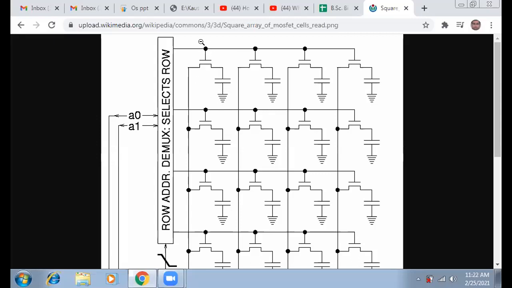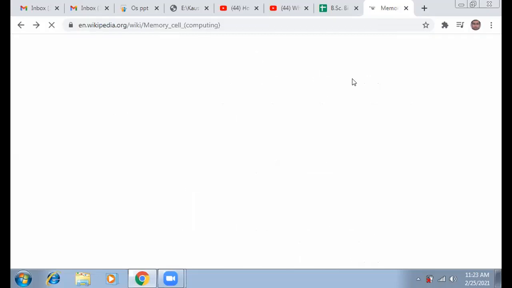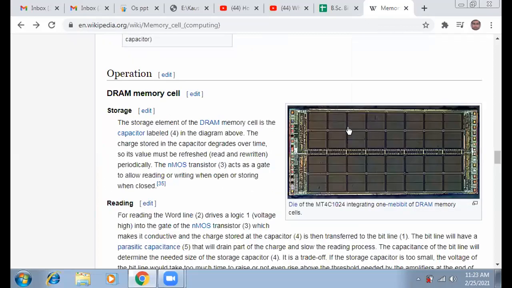So you just need to remember only this single structure, only the cell of this single. You don't need to remember this entire structure. Only a single cell structure. So if in the examination the difference between static RAM and dynamic RAM came, then you can draw this picture to represent the internal cell structure of a dynamic RAM, and you can draw this picture to represent the cell structure of a static RAM, SRAM.